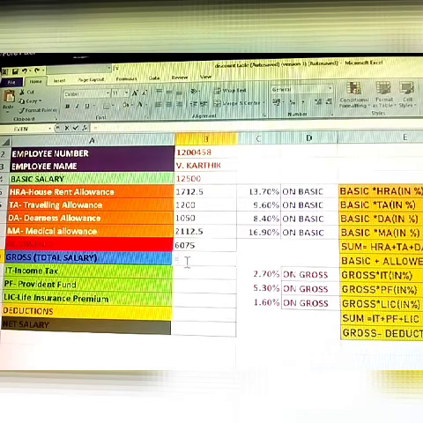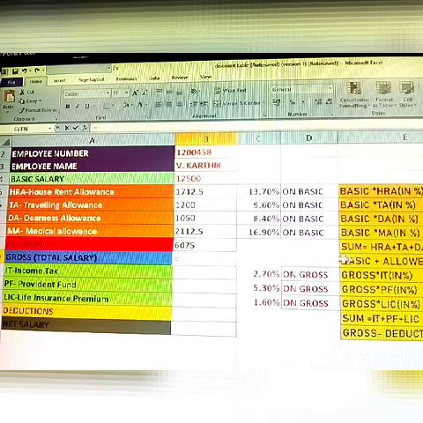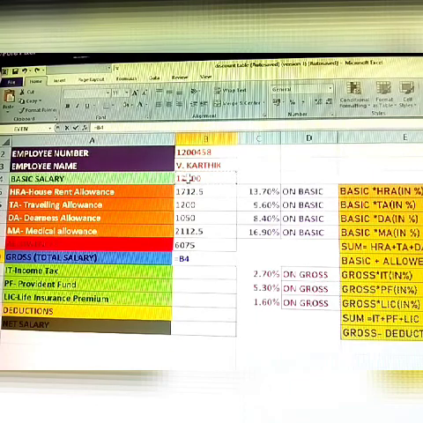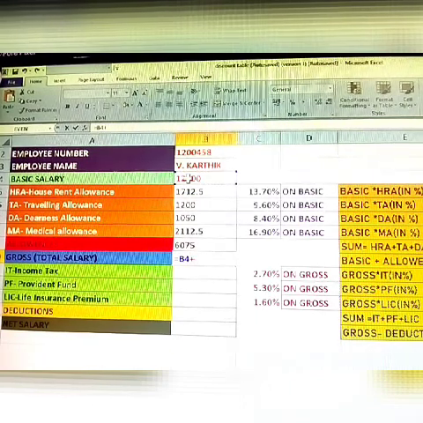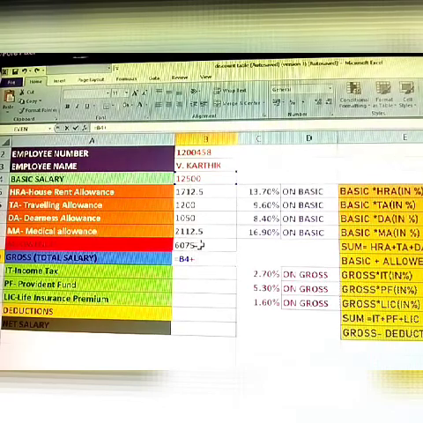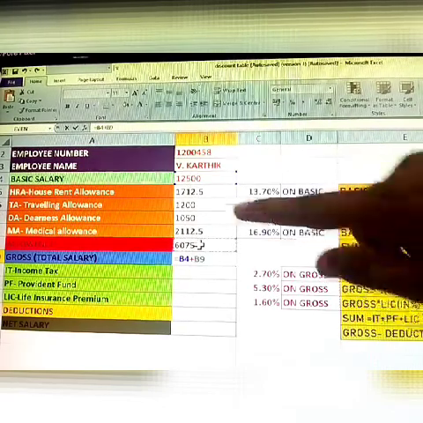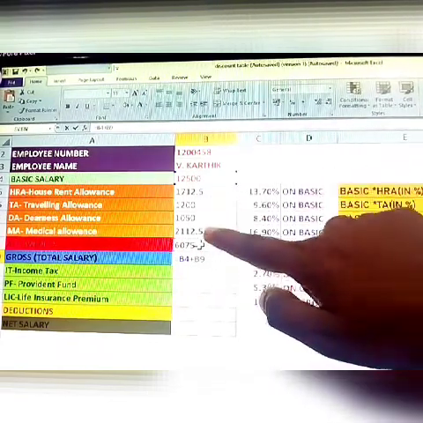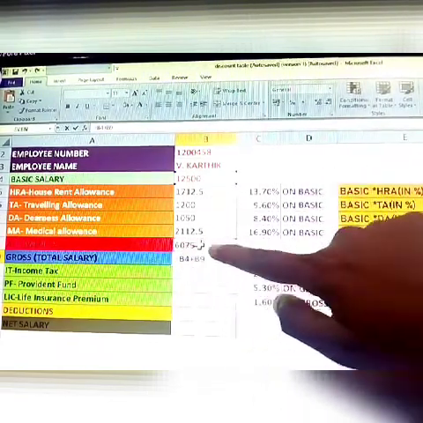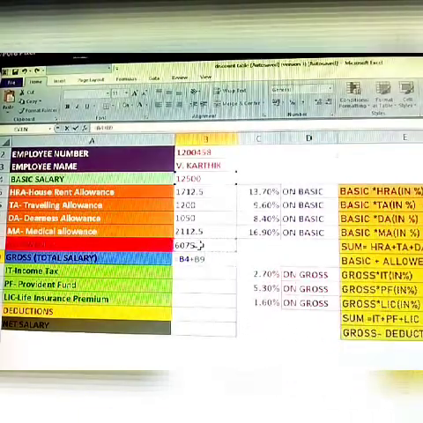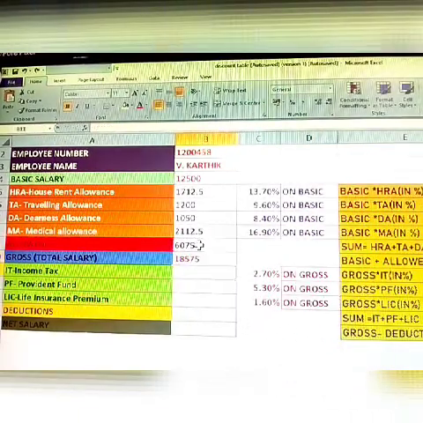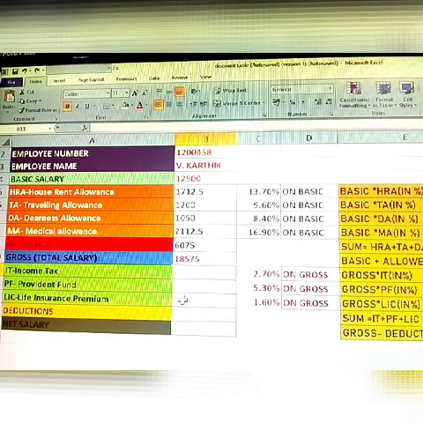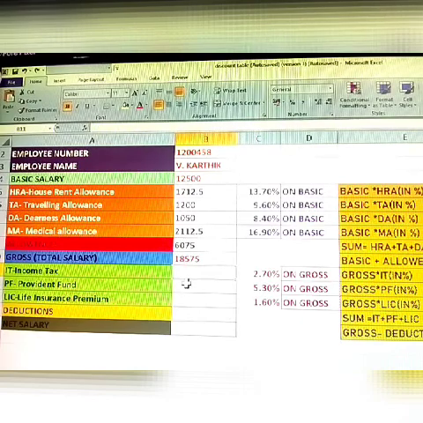Is equal to basic salary. How much is the basic salary? This one. And plus the allowances, how many is there? This one. Already these are all calculated now. That way, select only the allowances. After adding the 4 allowances, 6,075 is the answer. Only that one is selected. Enter. What do we get in there? Gross salary. This means total salary.